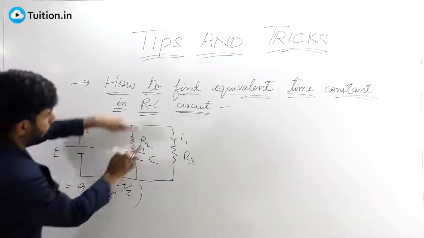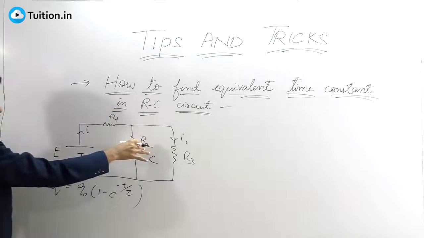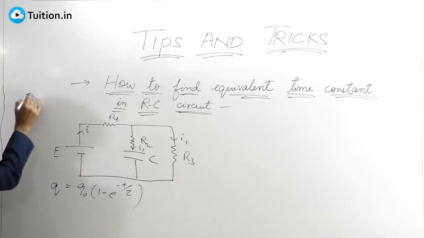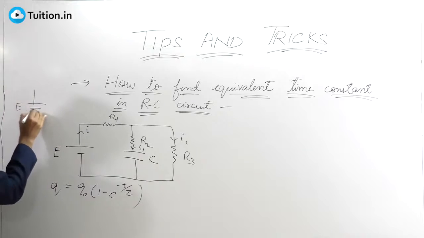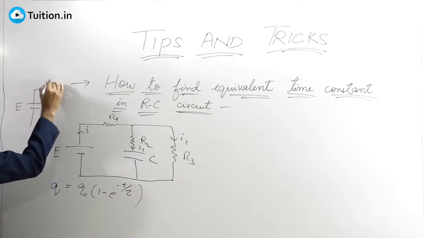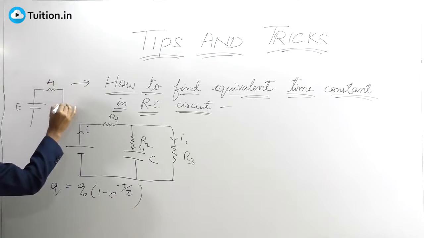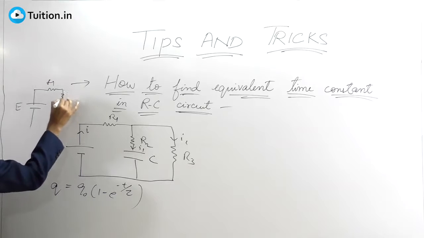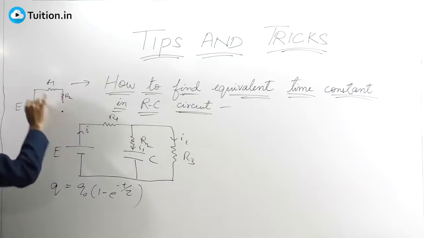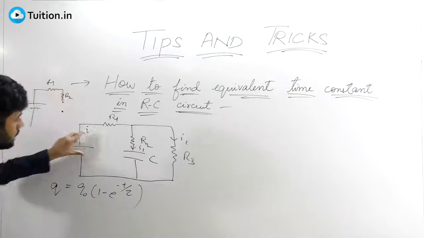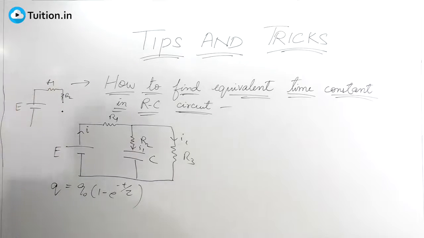So at infinite time, you just have to open this up and find what the charge is. So what happens at infinite time? This will be your E. You have R1, and then this thing will open up, and you also have R2. And because the circuit is broken, you can see this entire EMF will come here, right?